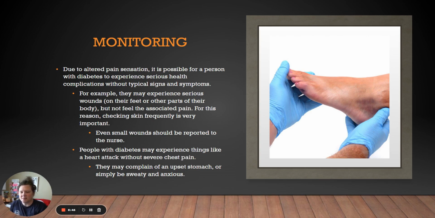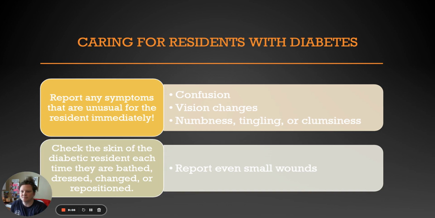The other thing that can happen in diabetes is they may experience things like a heart attack without severe chest pain because they have that altered pain sensation. It's possible for them to have a heart attack but only complain of an upset stomach, or maybe even just break out in sweat or be anxious because they don't have the associated chest pain. So anything that's unusual for your resident needs to be reported to the nurse immediately. If you notice any kind of confusion that comes on all of a sudden, vision changes, numbness, tingling, clumsiness, or even small wounds,